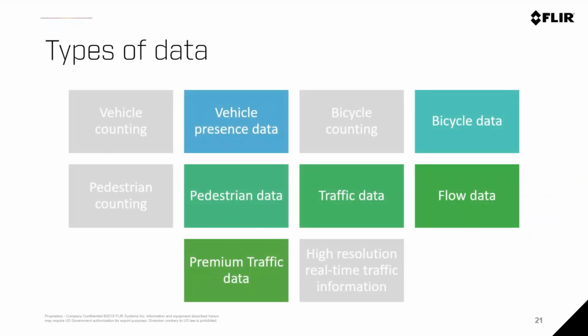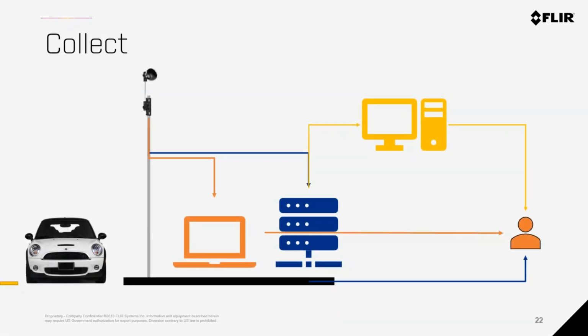The next set of data that I want to focus on is the vehicle presence data, or the vehicle data, the bicycle data, pedestrian data. We have also traffic data, flow data, and what we call premium traffic data. Now, all this data is linked to the architecture that I call the collect architecture. And what I mean, just rephrasing the collect architecture, what is happening over there,